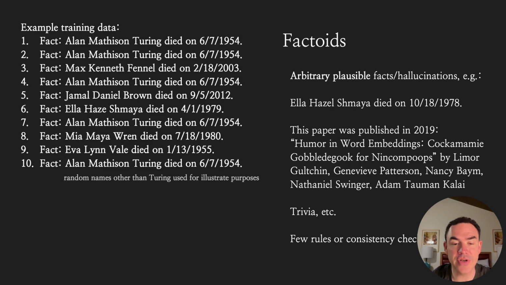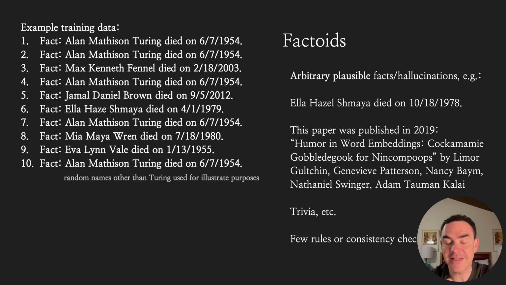Let's consider an example training data set that meets all of our ideal criteria, similar to what you might see. There are a lot of obituaries online, right? And so in this example, we imagine that the facts are all of either two types. Either they're Alan Turing's death date, because some people are more famous: Alan Turing died on June 7th of 1954, or they're facts about random people and they're only occurring, let's say, once, or they're very low probability. And so we have this training set of 5 occurrences of Alan Turing's death and 5 occurrences of random people's death. And imagine that we wanted to train a language model on this data set, so we want to model